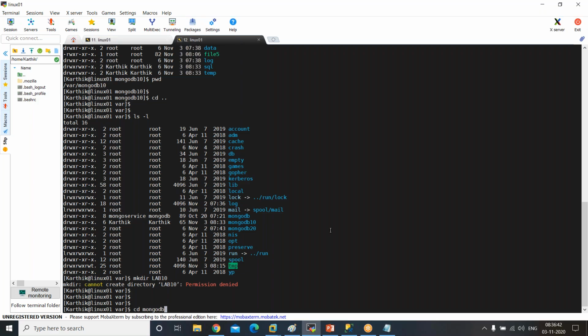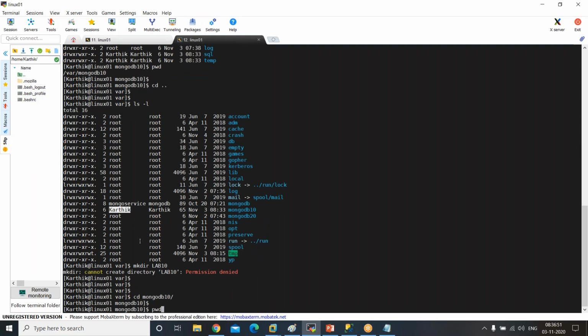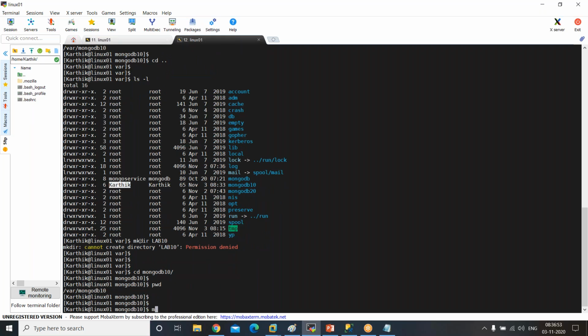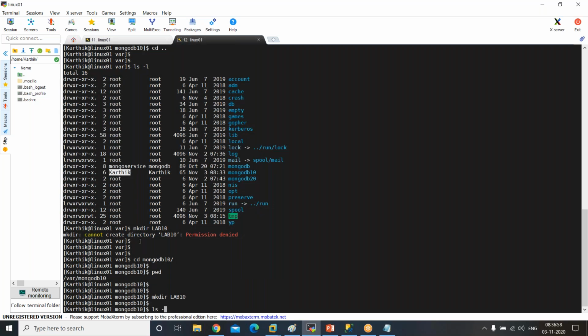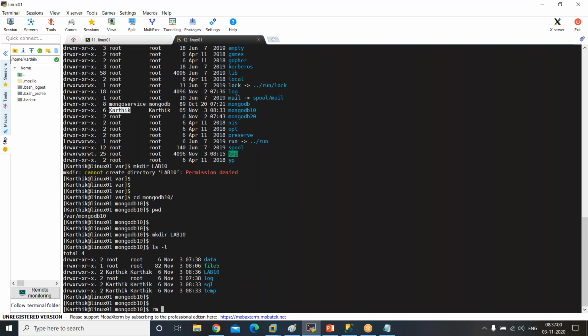When I go into MongoDB 10, it is written that the owner of the directory is Karthik. Now inside MongoDB 10, Karthik can do anything. mkdir lab10, it is created. If you see, the directory is created. If you wanted to remove the directory,